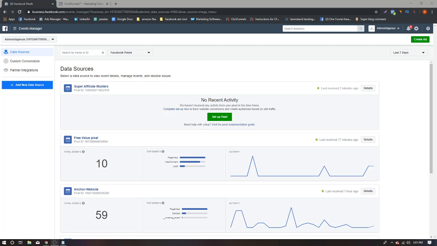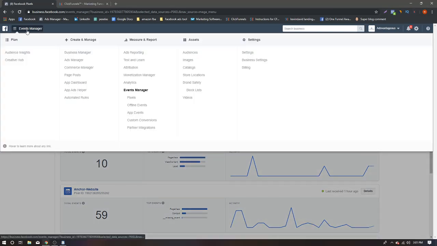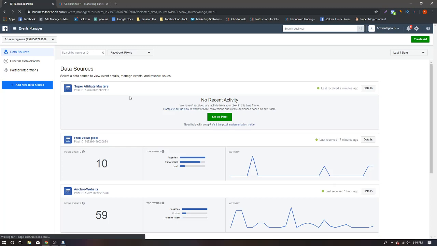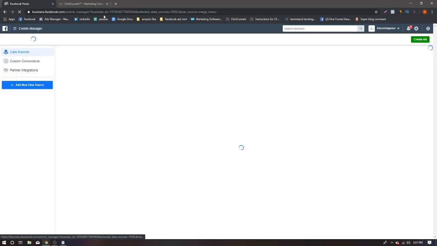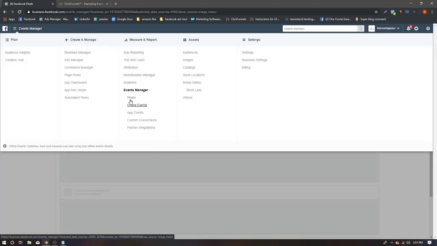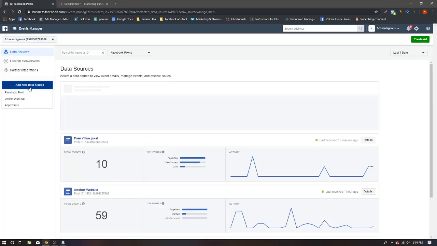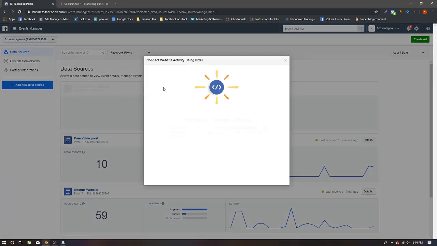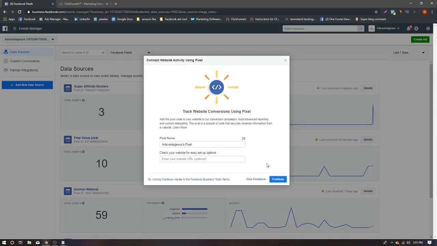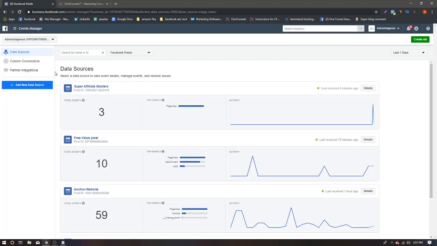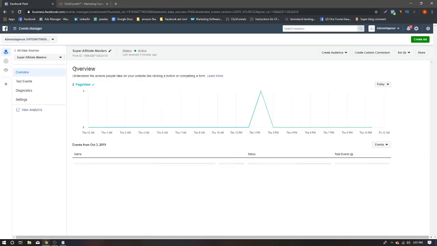So the first thing you're going to want to do is create your Facebook pixel. Within your Facebook Ads Manager, you're going to go to pixels, and then you're going to want to go to add new data source and then create a Facebook pixel. And this is where you're just going to press continue. And once you've created it,